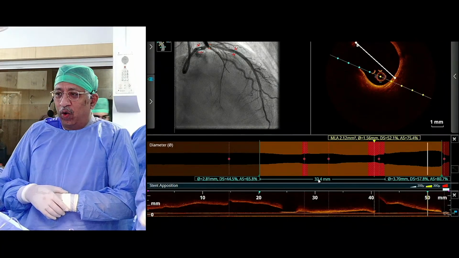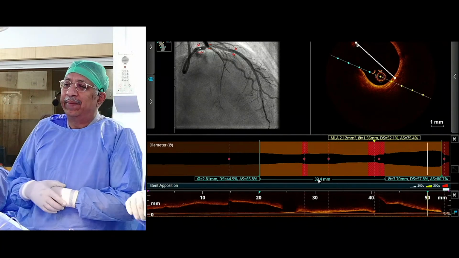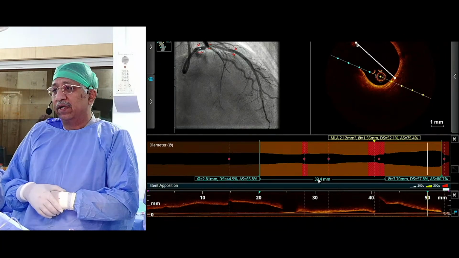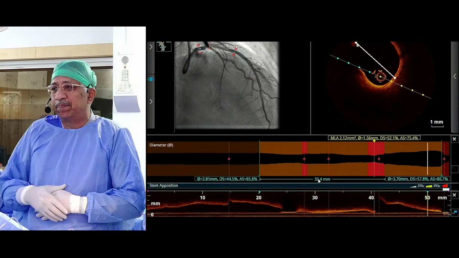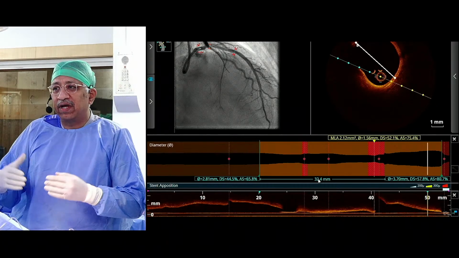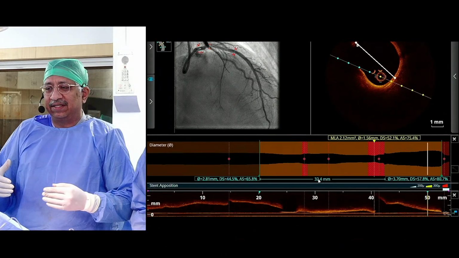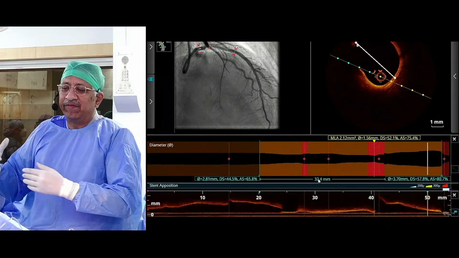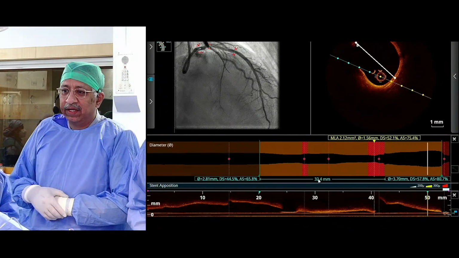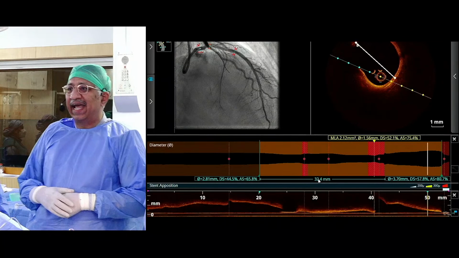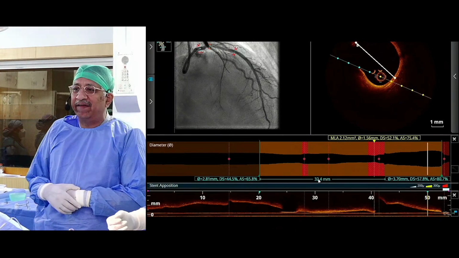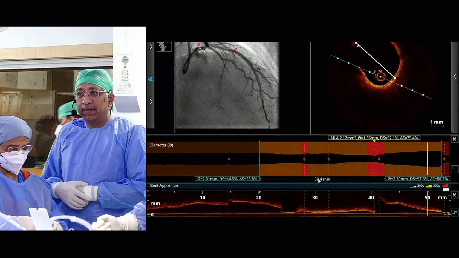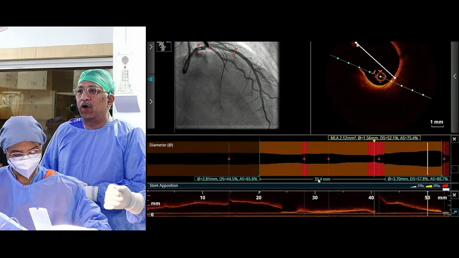So now when you look at a stent, it's important, and that's why I said the stent architecture is very important to decide what stent you're going to use here. Since we're using the Science Expedition, if we use a 3.5 millimeter stent, the maximum expansibility of the stent is around about 5.2. So I think that will fit very well into our left main. So we're going to do that exactly. We're going to use a 3.5 by 33 and position it right at the LM ostium without taking the LM ostium,